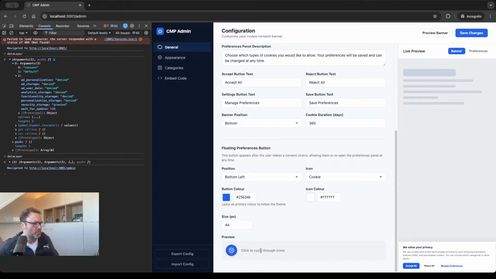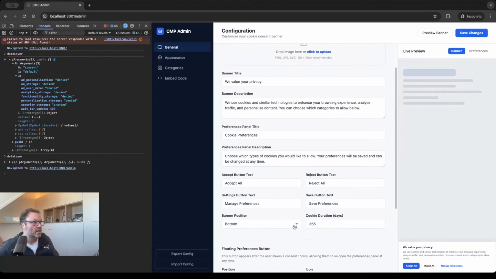All right, so see this little preview at the bottom? I asked it to give me a few options for these floating icons so we can click through them. And it's giving us some options, which are pretty neat. I like the fingerprint one. I'm seeing this quite often now. And it's grabbed the color. Let me go ahead and